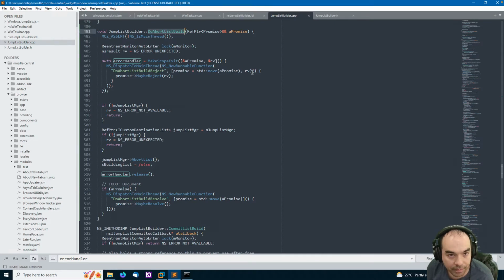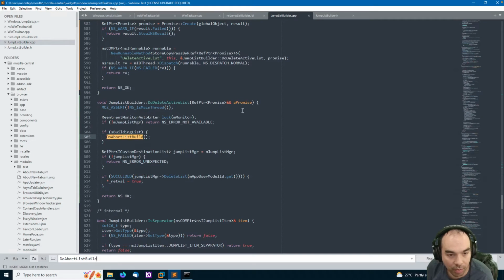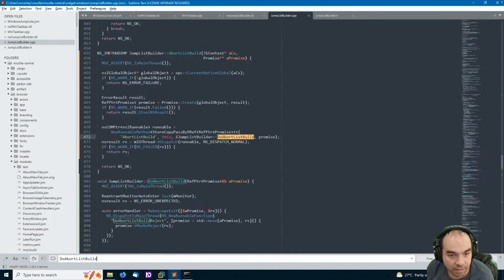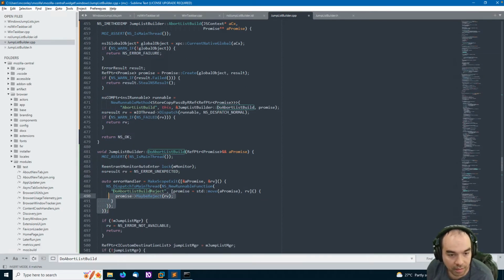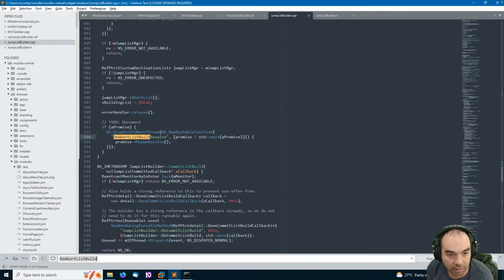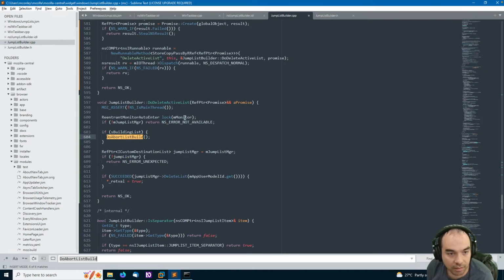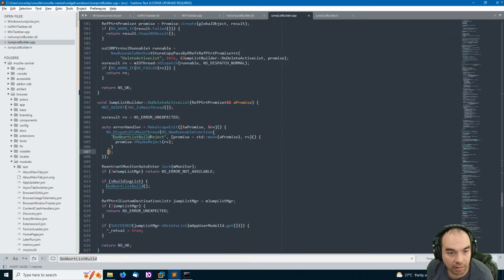Okay. Now the thing that calls do abort list build, like this stuff can do some of the same business, where we kind of want an RV.